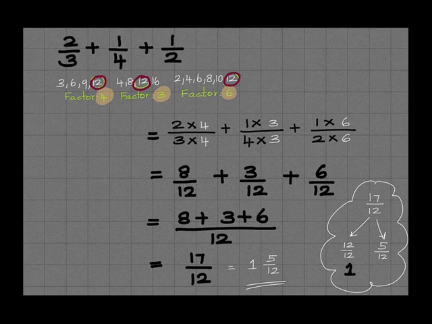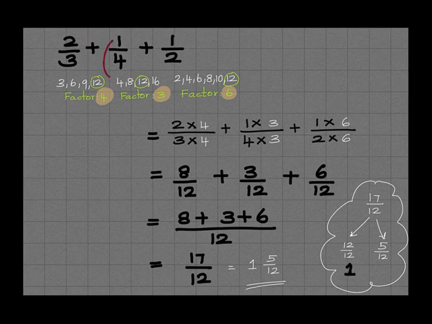Okay, so 12 is in the fourth position, and the factor is 4, and this 12 is in the third position, and the factor is 3. The last 12 is in the sixth position, and the factor is 6. Now I have written the same fraction 2 by 3, and have multiplied it with the factor 4 on the numerator and denominator. Plus, I have written the same plus sign,